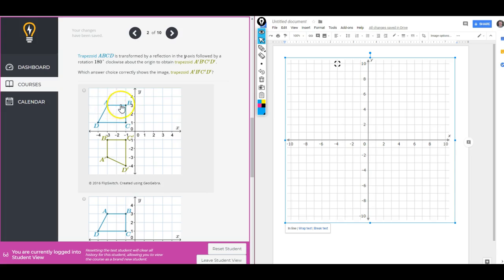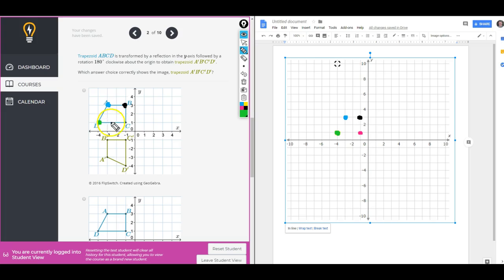So I would first map out this trapezoid. A is at -3, 3. I guess I'll just label these in different colors so I'm not having to label with the letters. B is at -1, 3. C is at -1, 1. And D is at -4, 1. Oh, yellow is a little bit more challenging to see, so I'll switch it to green. Okay, so now